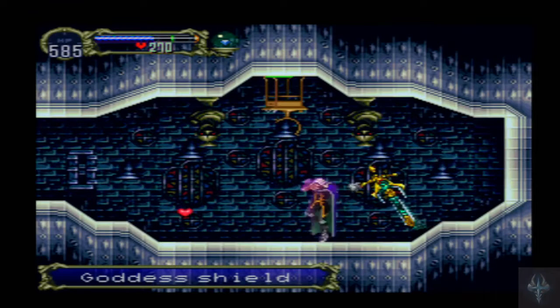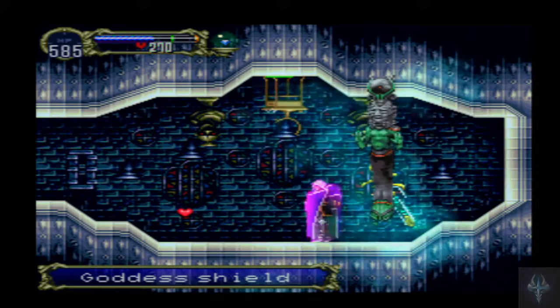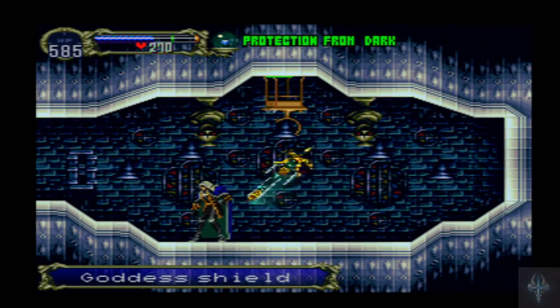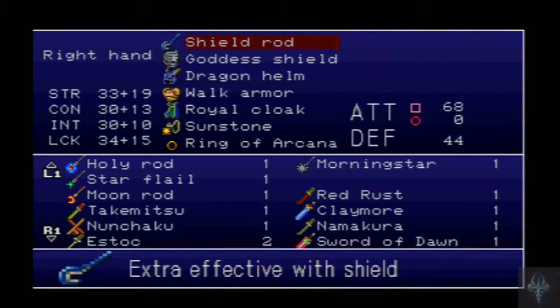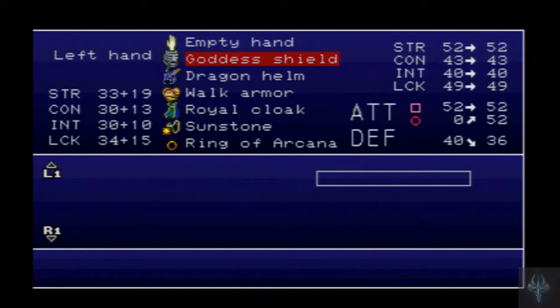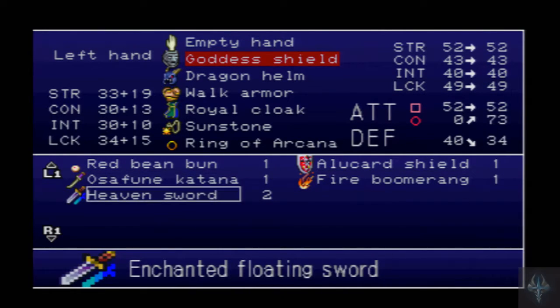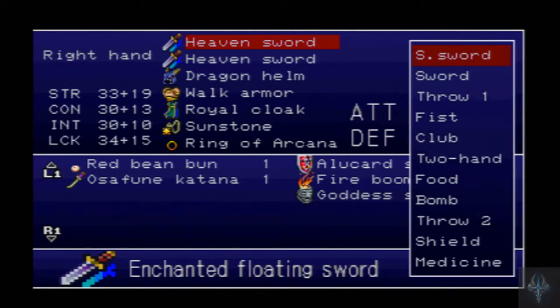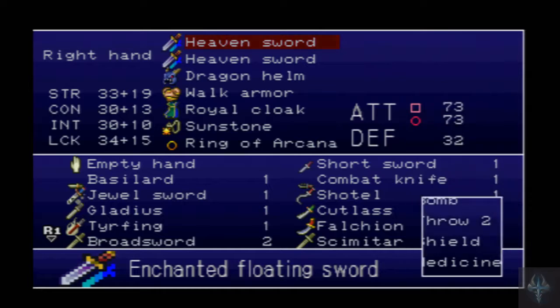Alright, what do you do? You summon a totem, which gives me protection from dark. Okay, I guess that's neat. Not really, not really something I'm all that, you know, fussed about. But hey,